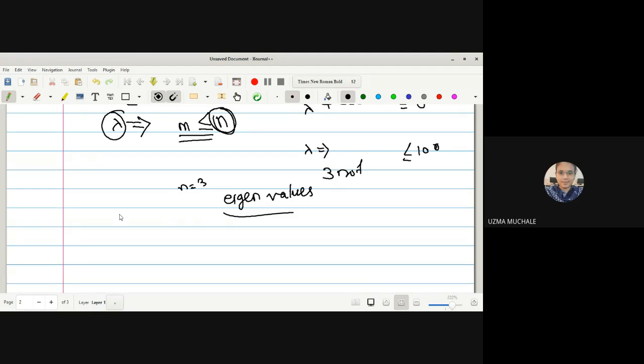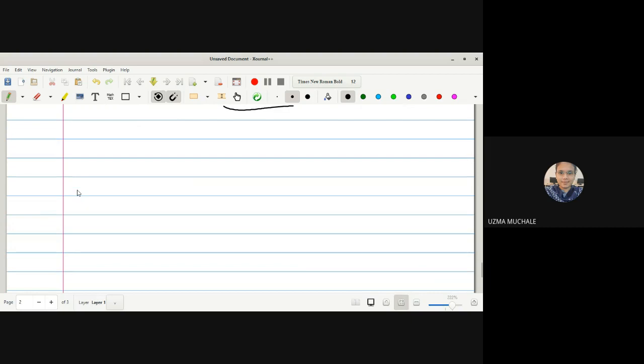Okay, now let me solve one example. Solve the homogeneous Fredholm integral equation. The question is: solve the homogeneous Fredholm integral equation. If the question is like this, it is good. Right? Solve the homogeneous Fredholm integral equation. If suppose the question is simply like this, solve